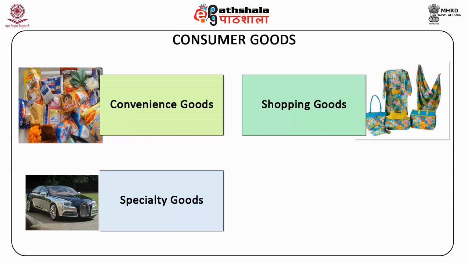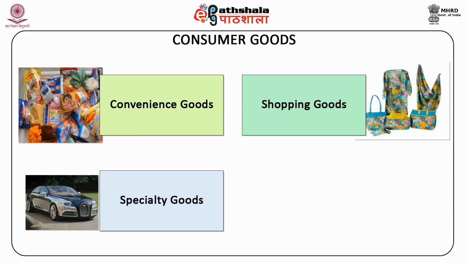They do not mind traveling long distances, waiting long periods, and even paying premium prices to acquire such products. Examples include luxury cars, designer watches, designer clothing, expensive mobile phones, etc. But it is not necessary that only expensive goods fall in the category of specialty goods. A commonly quoted example in this case is cigarettes, where it has been observed that people are generally loyal to a specific brand of cigarettes and prefer having that only.